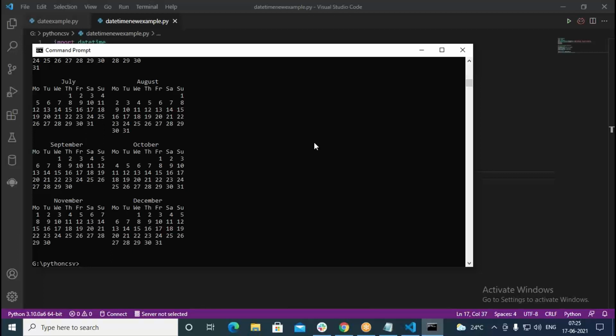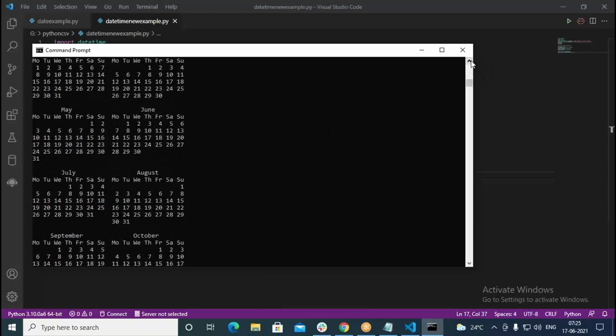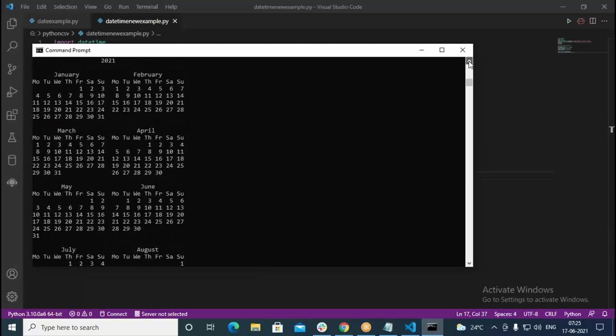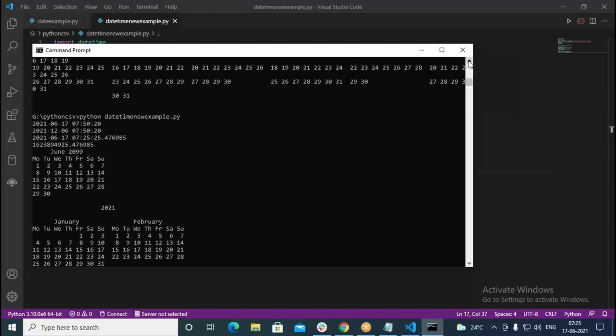This is the calendar component we use here. So the calendar module we have imported. Then after that we are working on the calendar like this. So here we have used calendar. With this I have demonstrated a few things in this.